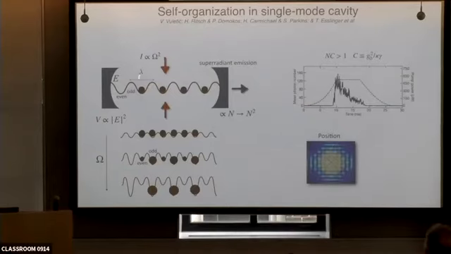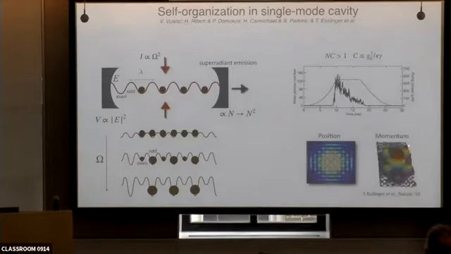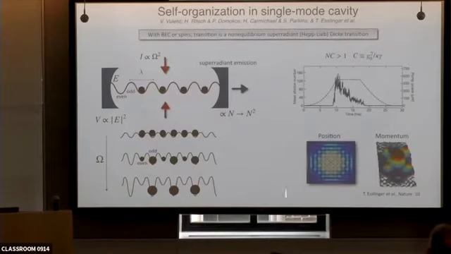So you might ask what's happening to the atoms. In position space in 2 dimensions, if you blow this up, they would look like a checkerboard. Of course, the Fourier transform of a checkerboard is some Bragg spots like so, which corresponds to the momentum. You can observe that by letting the gas fall. As it expands, it's like going through a lens, and you can map position to momentum and image that. This is what Tilman Esslinger's group did about 10 years ago. You can see that the Bragg peaks of this Bose-Einstein condensate are exactly where you'd expect for this type of lattice. Now, what this really realizes is a non-equilibrium superradiant Dicke transition, or Hepp-Lieb-Dicke transition.